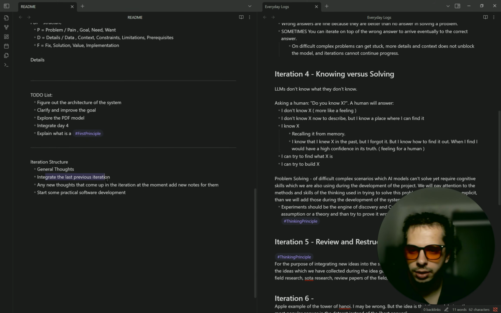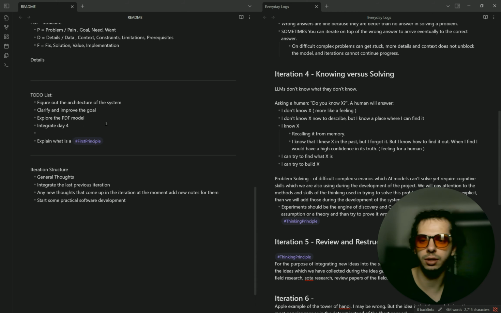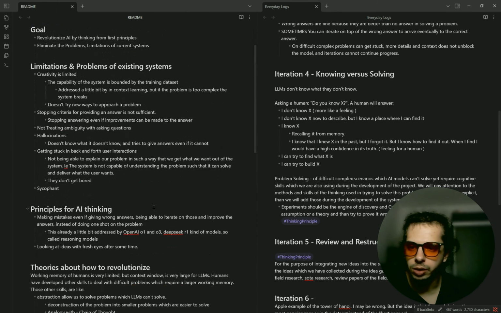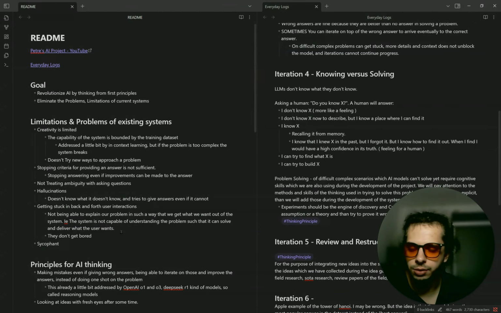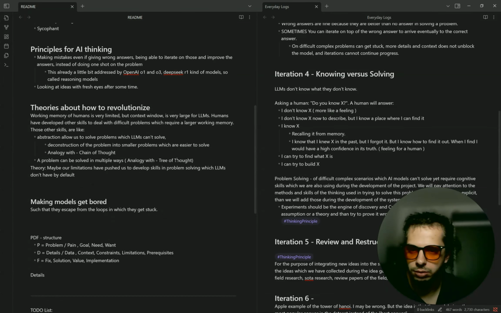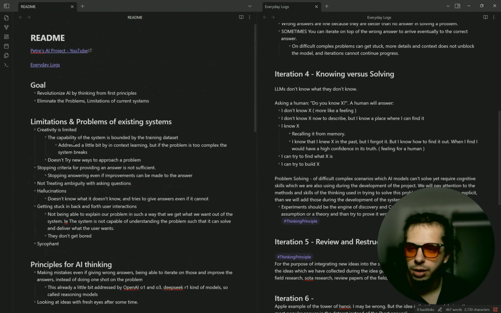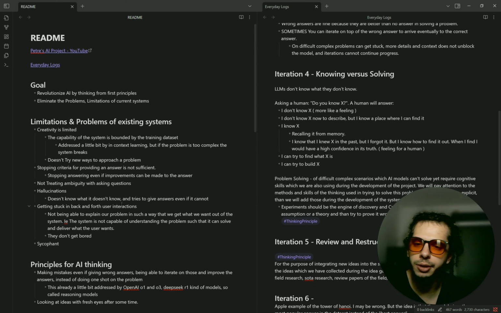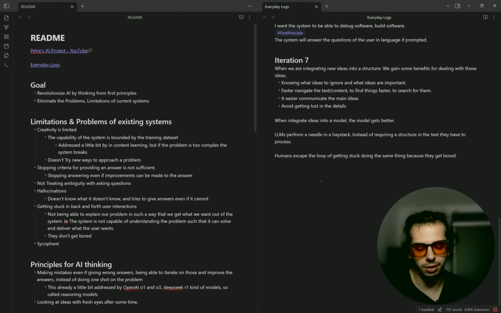Let's start with integrating. I see here we have to integrate day 4, then we will integrate day 5, and what we have so far starts to get some structure. Eventually I will want to split those into separate documents because, okay, this is an idea. I think this is an idea worth adding in iteration 8,